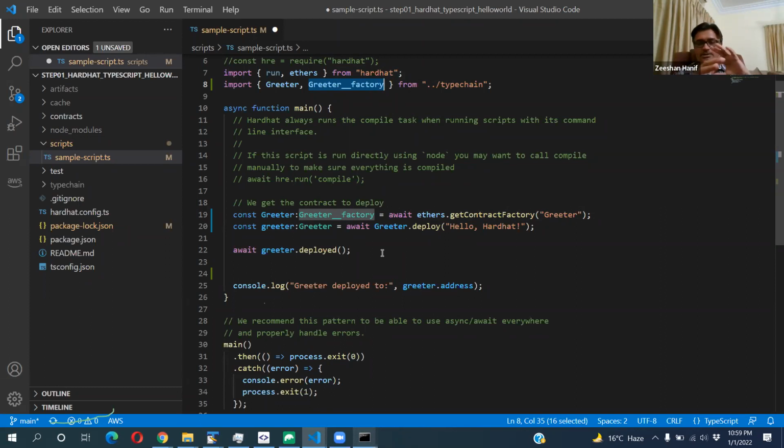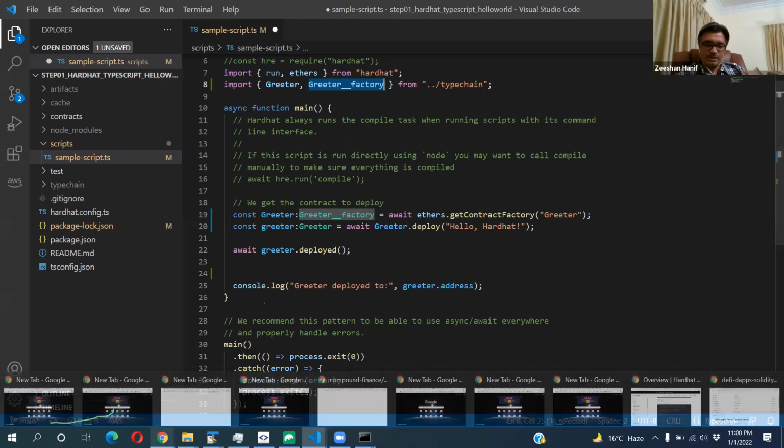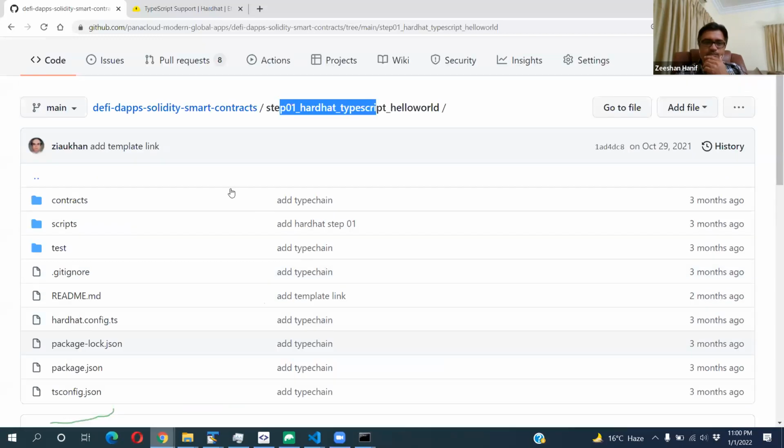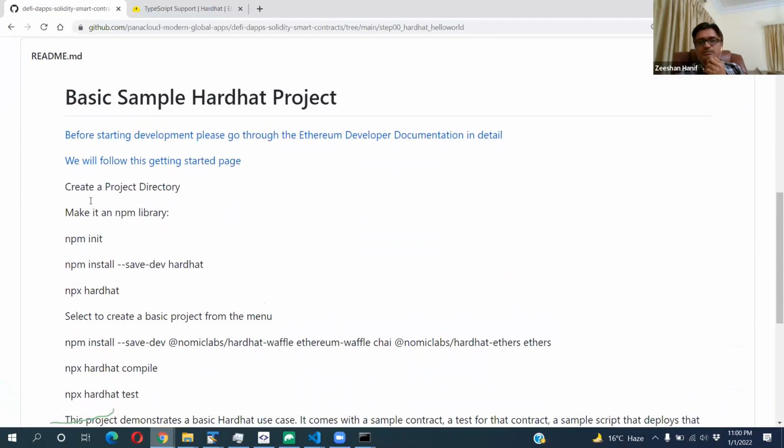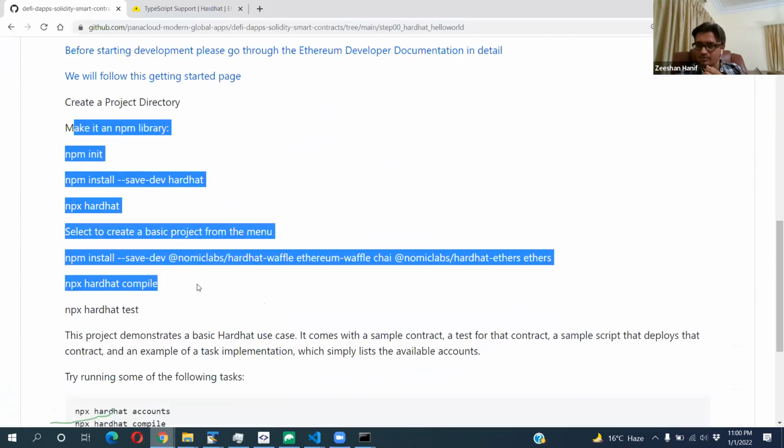Okay, so just to reiterate what we have learned, and then I'll take a few questions and then we'll wind up. So first of all, we are using Hardhat as a development environment to create our decentralized application, to use Ethereum and to build an application with Ethereum. For that, we have to set up a project. What we did is we tried to run this step, and it has given us all the steps for how you can set up your application.